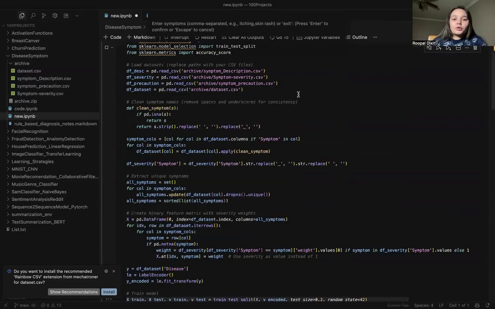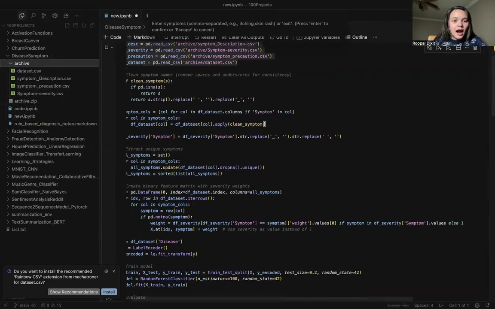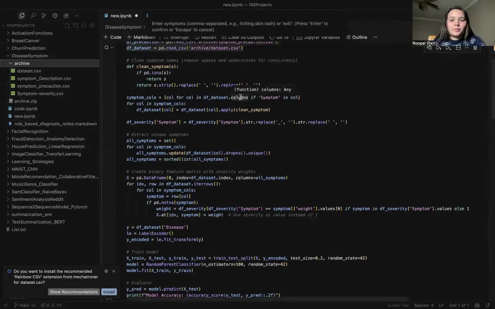So let's go through how I was taking all the data sets and how I was able to create this kind of descriptive disease diagnosis system. We are loading all the data sets from this folder, archive. We are just cleaning the symptoms because there are a lot of commas in the data set CSV.